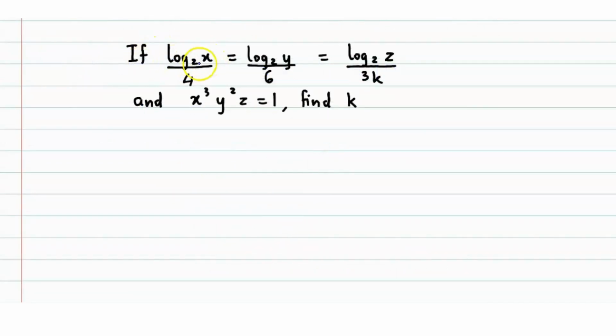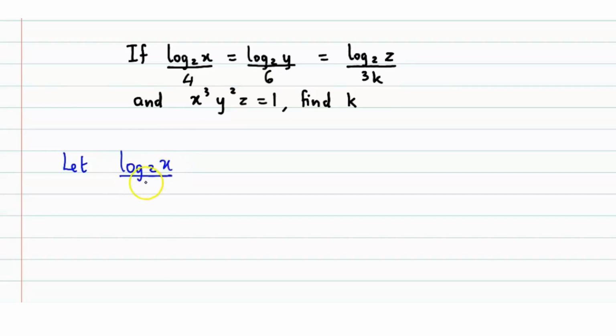Question: if log x to the base 2 upon 4 is equal to log y to the base 2 upon 6 is equal to log z to the base 2 upon 3k, and x³ into y square into z is equal to 1, find k. तो पहले हम ये जो 3 रेशियोज हमें दिए हुए हैं,